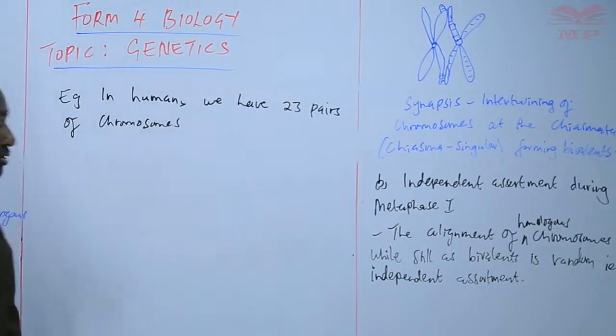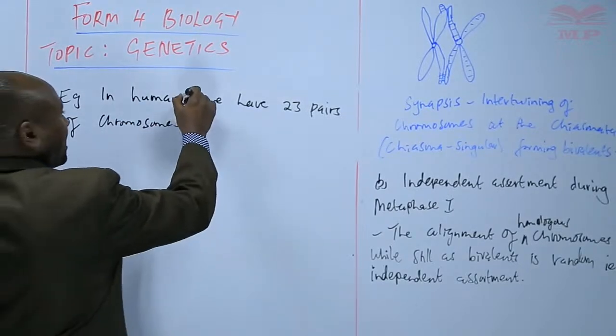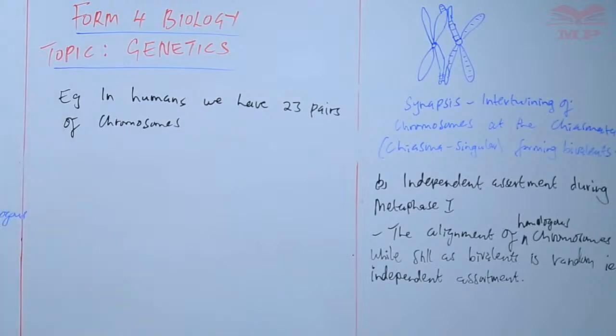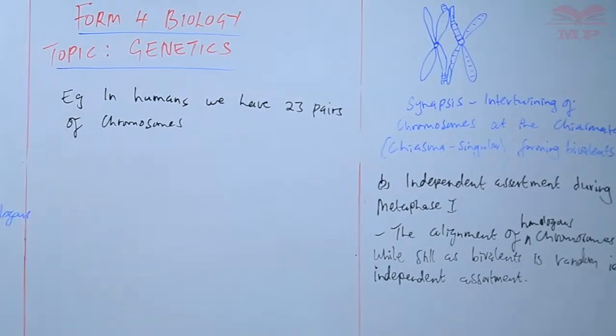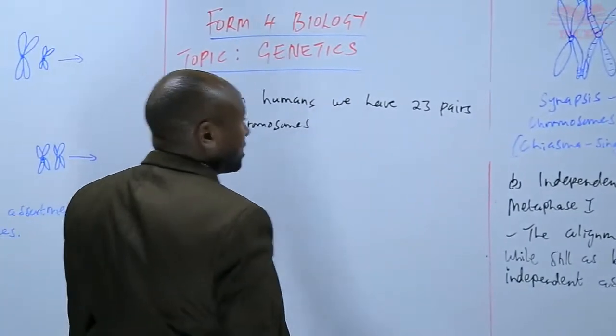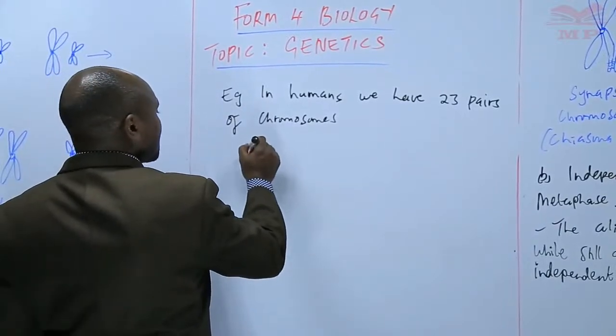That means 46 chromosomes in every somatic cell. So in this case, what can happen, if we have 23 pairs of chromosomes, then it means the number of independent